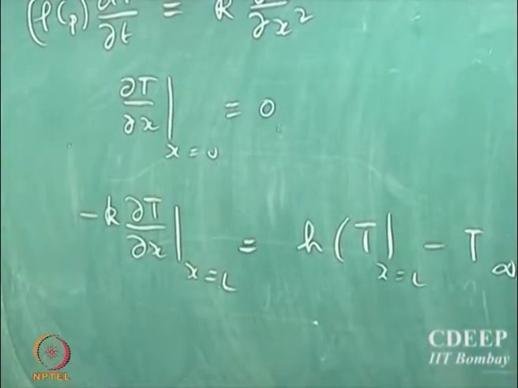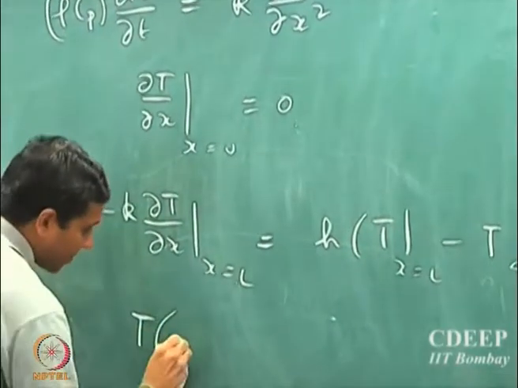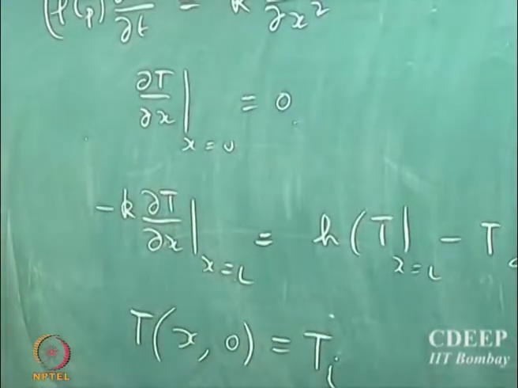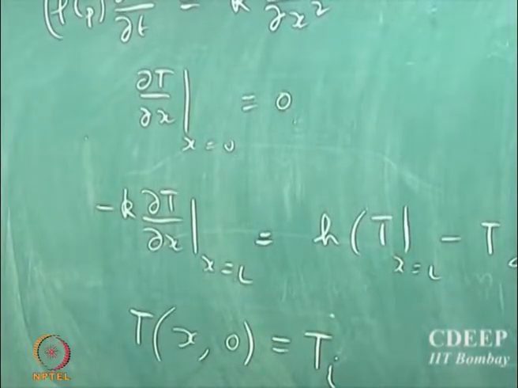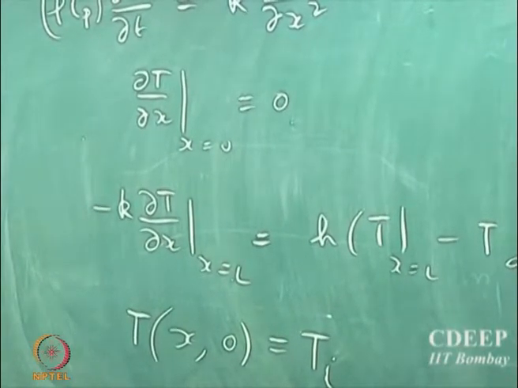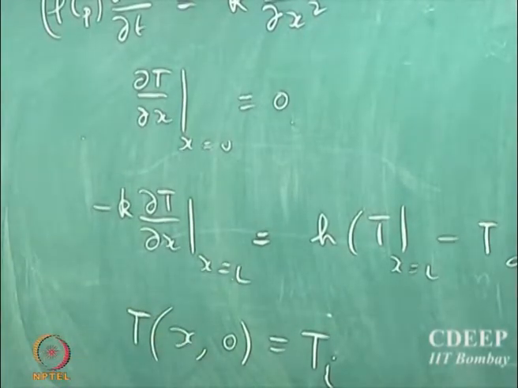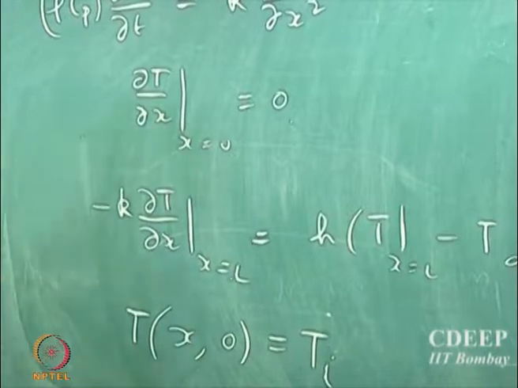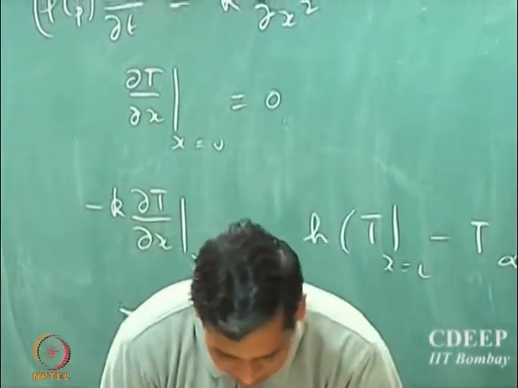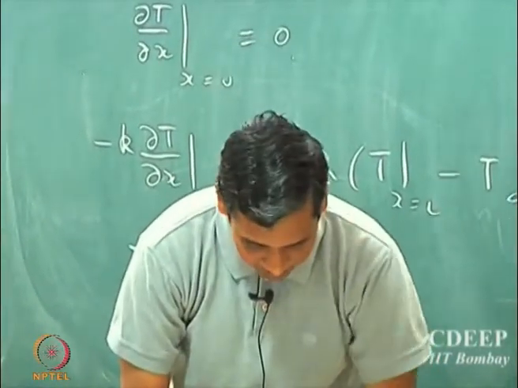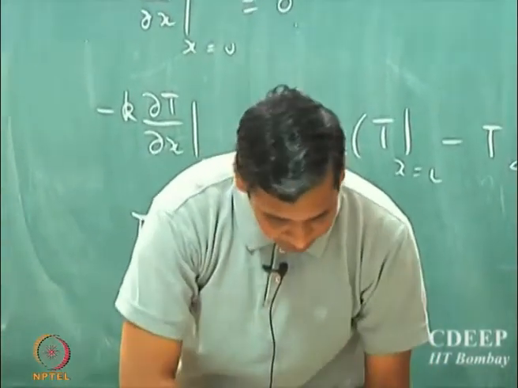So that is the boundary condition, and the initial condition will be T at x comma 0 equal to Ti. So the initial temperature of the slab is uniformly equal to the temperature Ti, and one could even assume a certain temperature profile as an initial condition, but let us not worry about that right now. So we can solve this equation. I am not going to do the math here. It is very similar to the way we did the separation of variables problem in the last lecture. The solution will be,